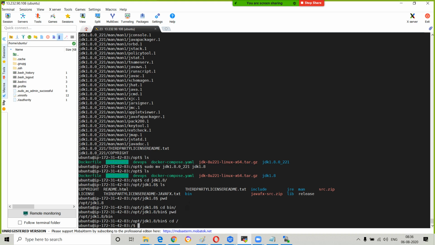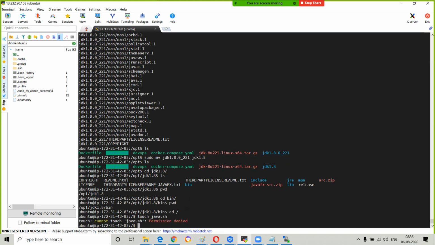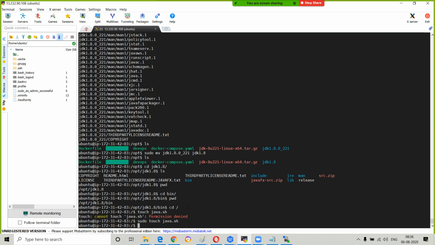You can write touch, in the home path only, touch java.sh. Here also you can write it. Okay, now here also you can write it. Anywhere you can write. But in most of the official documents, what I observed is